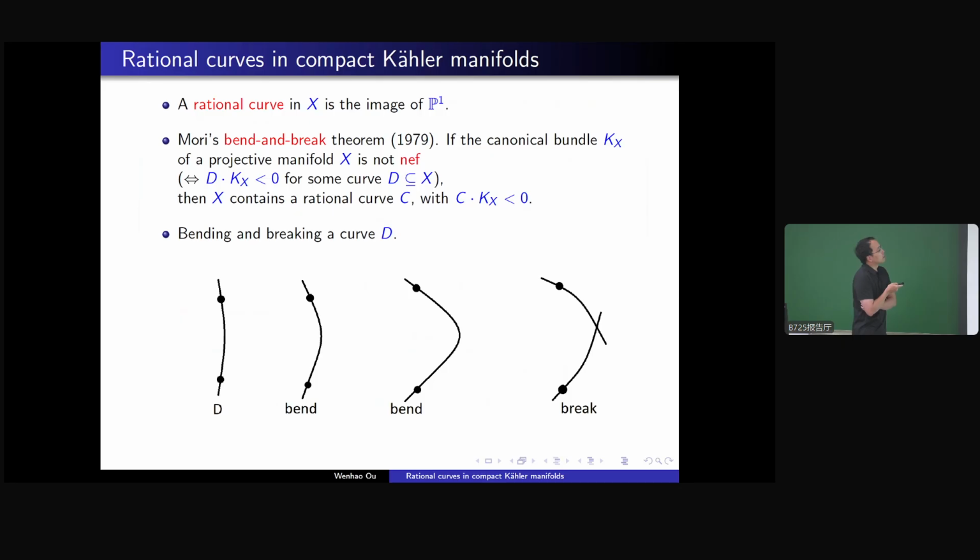Mori made a breakthrough in 1979, and was just rewarded with this ICPS prize very recently. His famous theorem is also called the Bend-and-Break theorem. The theorem says that